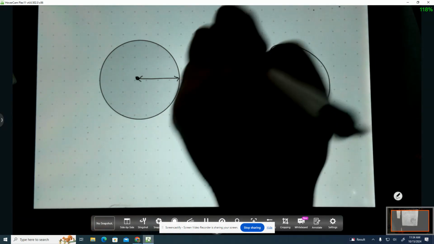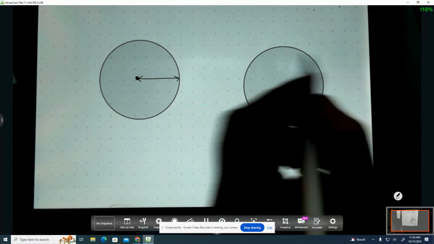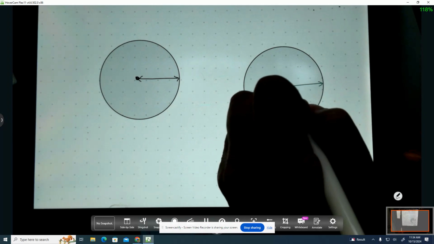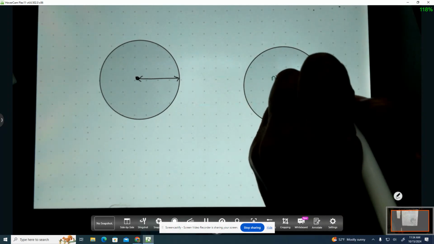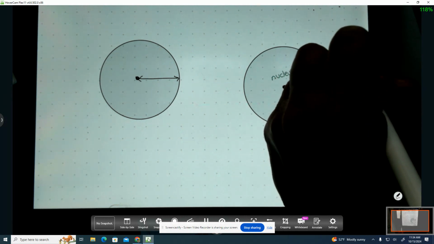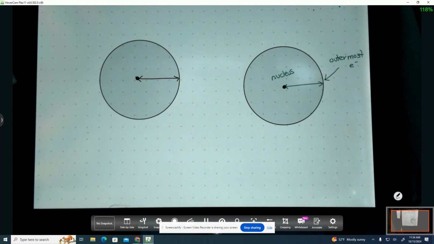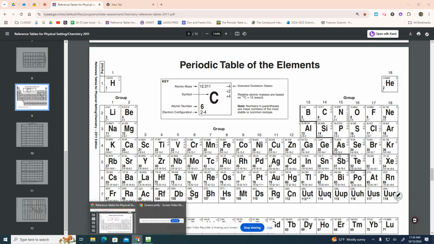If you have an atom, in the middle you have a nucleus. So if I'm measuring the size of an atom, I am measuring from the nucleus, which is really small, to the outermost electron. That's going to be the radius of the atom. And that's how we measure the size of an atom. From the nucleus to the outermost electron. So now, knowing that information, if I go back to this